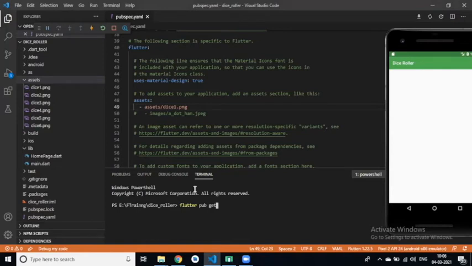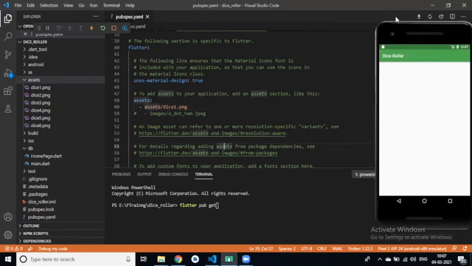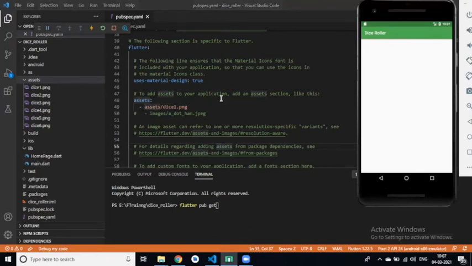So now we no need to run it, right? You can already see that flutter pub get is running. If by default it is not running flutter pub get, then you have to run this command flutter pub get.